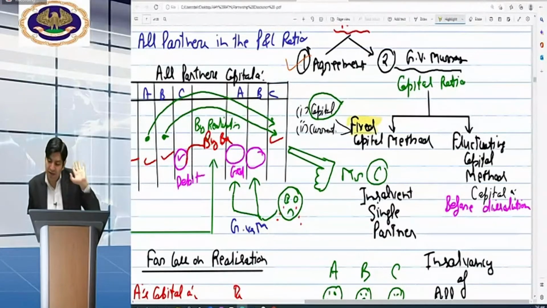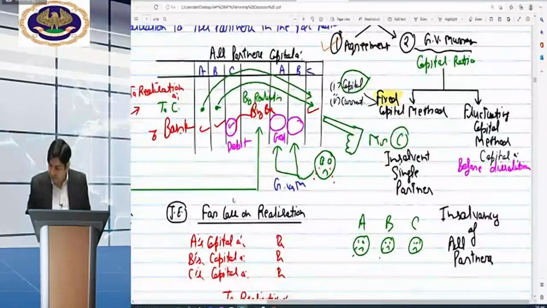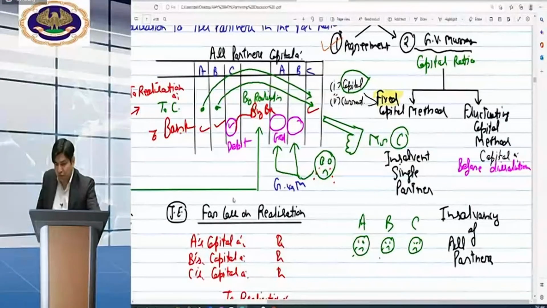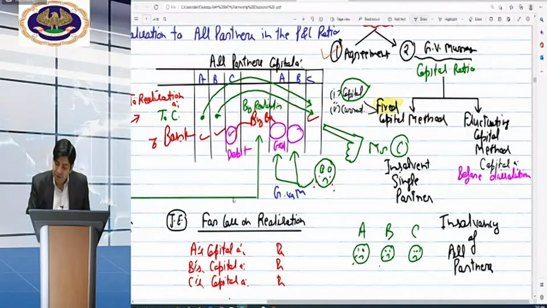Then in that ratio, if fixed capital is not there, then fluctuating, as we did in the last class. And we are also going to solve the question in today's class. Yes, beta, we can take assumption. But remember, we have to pre-assume, you cannot take assumption. If fixed capital method is there, only then you can choose fixed. Otherwise, how can you choose fixed?